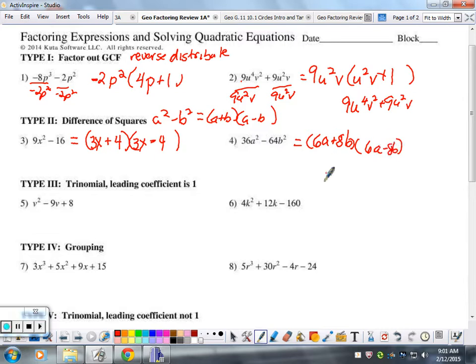Or 6a minus 8b, 6a plus 8b. And again, how do you check it? Multiply that. 36, okay,